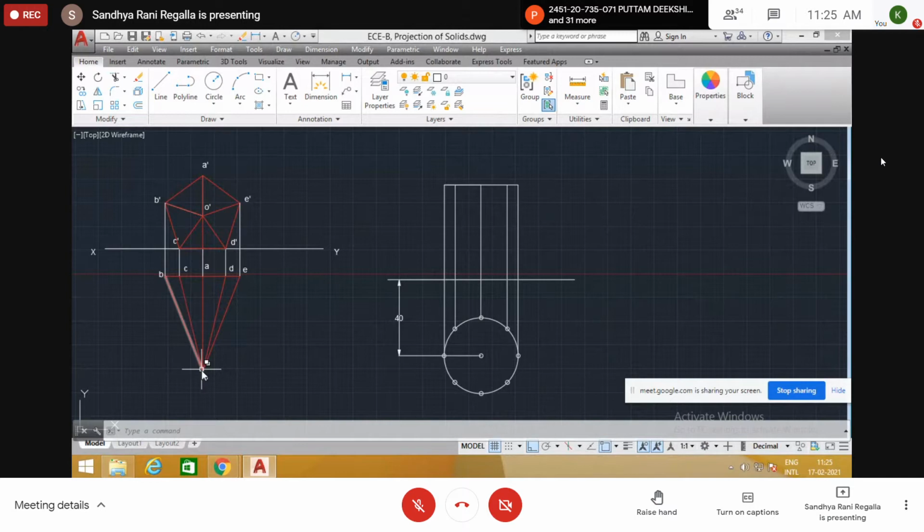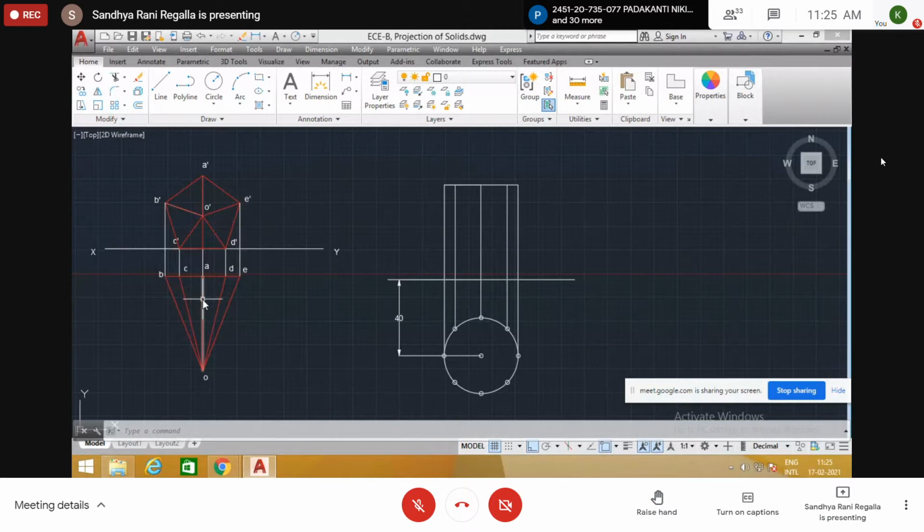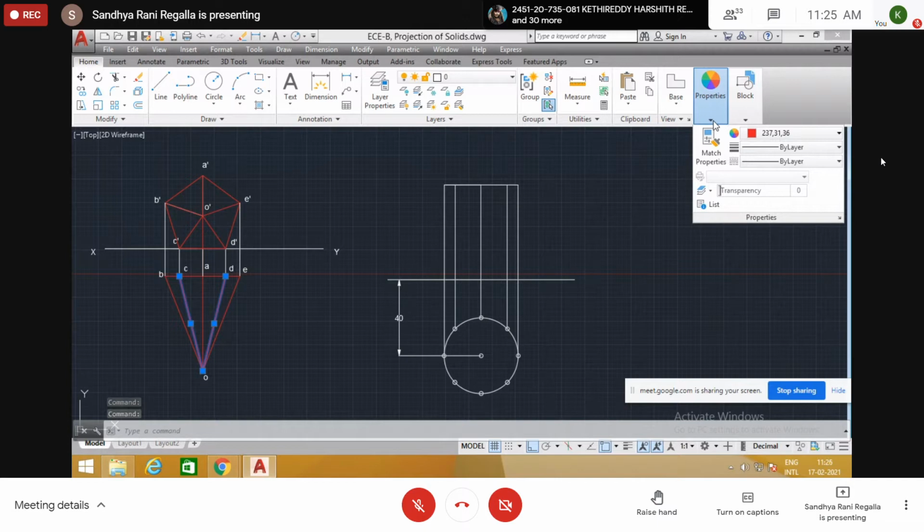Now on this line OA, what coincides here? OA is a solid line. This is a visible line. But the axis is coinciding with OA. So one is solid line, one is axis line. Both are coinciding here, so the first preference is for solid line only. So we keep solid line only here. But coming to OC and OD, these are not visible. These are hidden lines, so we need to give dotted line. So change this into dotted. Last class I forgot to tell.